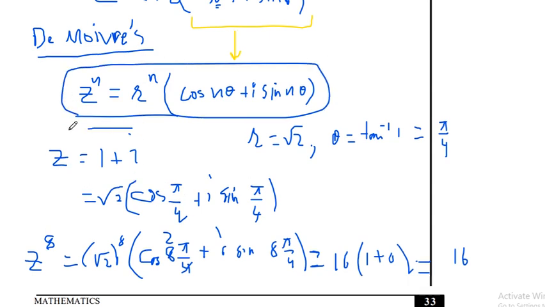If you don't convert and consider this one and find the power 8, you see it will take a lot of time, because first you will multiply 1 plus iota with itself and you will get z square. Then you multiply z square with z square, it will give you z4. Then you multiply z4 by z4 again, you will get z8, right? And if I give you z to the power 20, it will take a lot of time. But De Moivre's theorem will not take any time. If you have z to the power 20 here, you multiply 20 inside. 5 times pi by 4 is 5 pi, you will get cos 5 pi plus iota sine 5 pi. You will get the answer. So finding the powers is very easy by De Moivre's theorem.